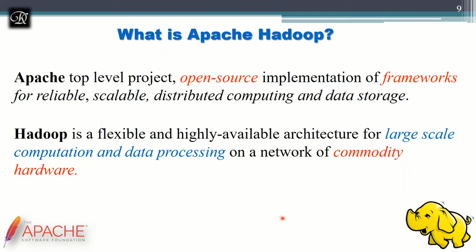What does it mean? We spoke about big data just now. We have introduced what it is, what the difficulties are, and what the characteristics are. Analyzing, storing and retrieving this data is not easily done with relational database systems, which I call traditional database systems. Traditional systems, whatever we have right now, are not capable of dealing with this data. So we need a new framework, that is Hadoop, and it is open source.